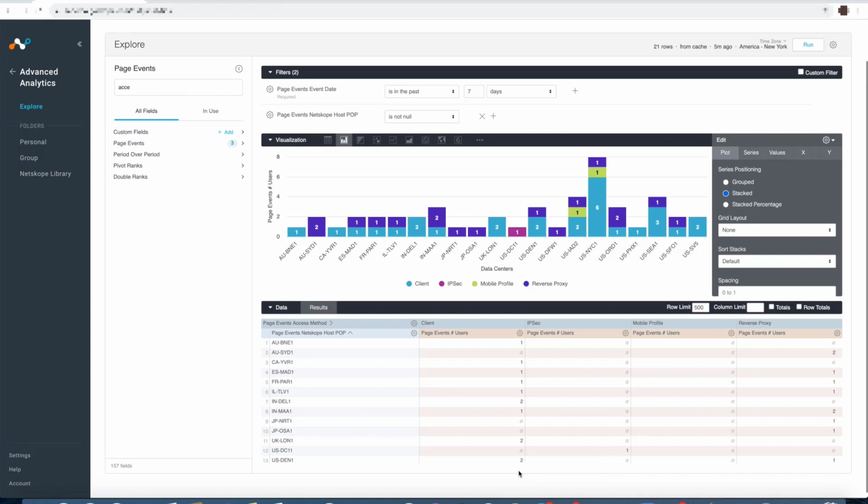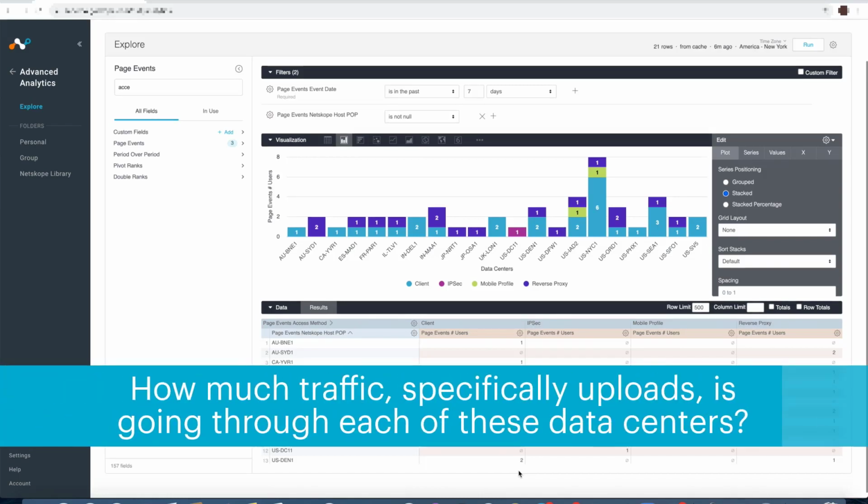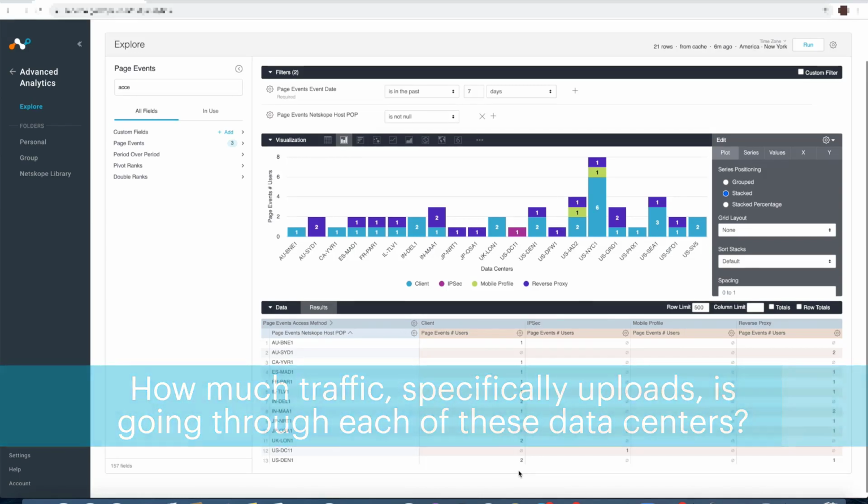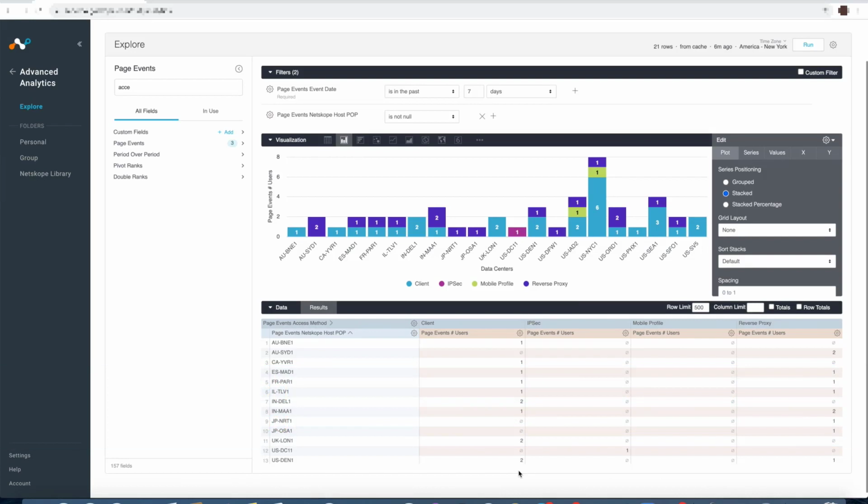Lastly, we will work with a new question to exemplify adding a new axis. Working with this example, an individual might say to themselves, I already know how many data centers are in use and how they're being accessed, but how much traffic, specifically uploads, is going through each of the data centers? To answer this question, we'll be adding another axis on the right side of our visualization, but first, we must unpivot the